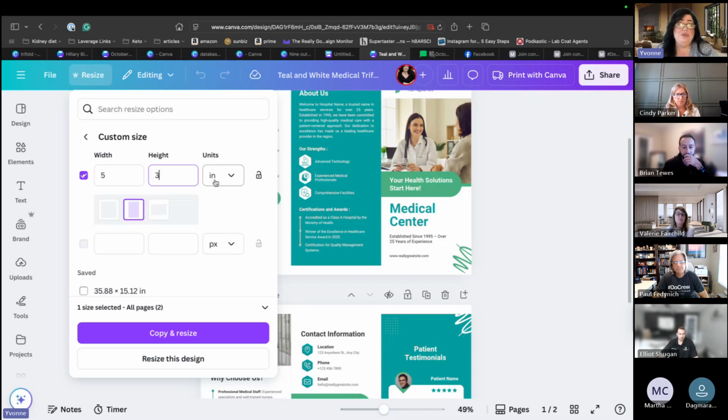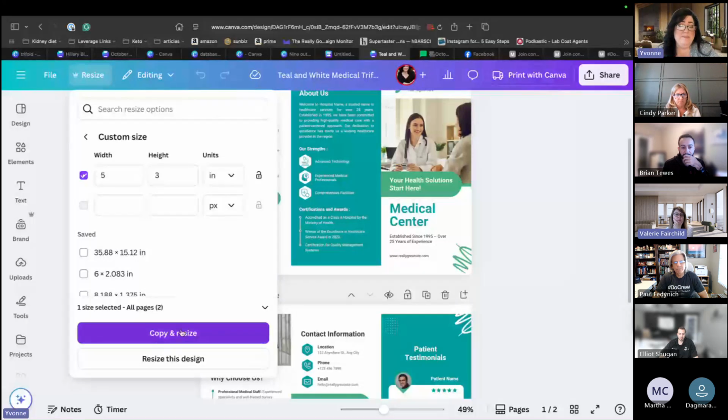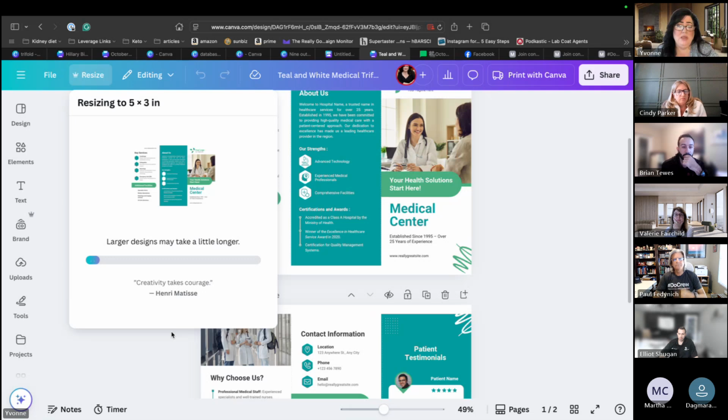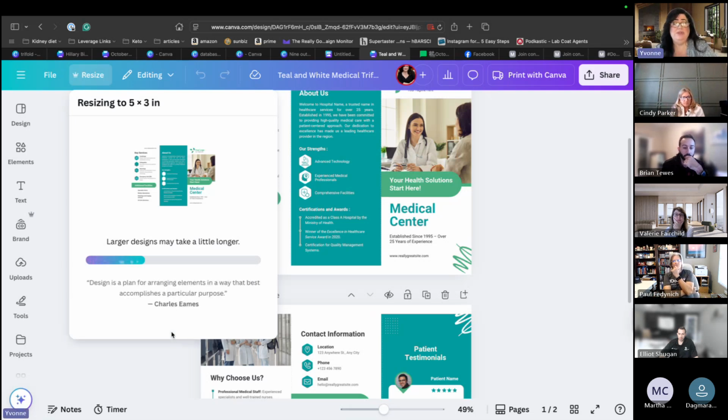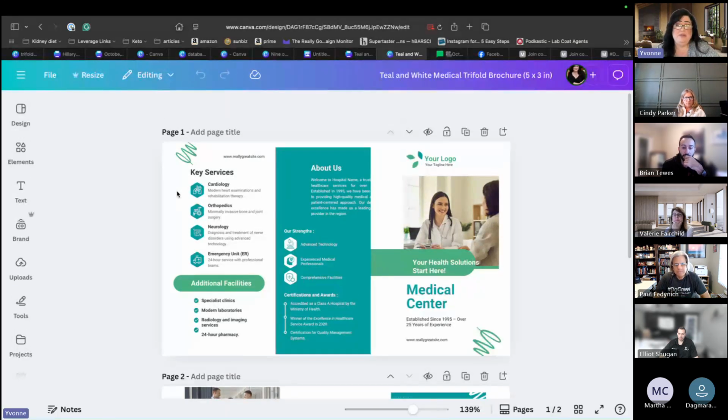Make sure this says inches instead of millimeters or centimeters. Okay, so opened up is 3x5. Correct. Copy and resize. Now it's just doing its thing. And then open the 5x3. There you go. That's the exact dimensions that Brian has in his hand.